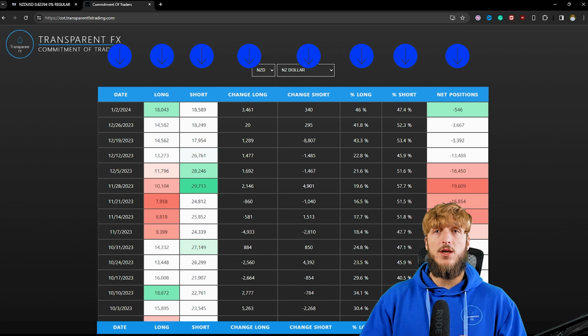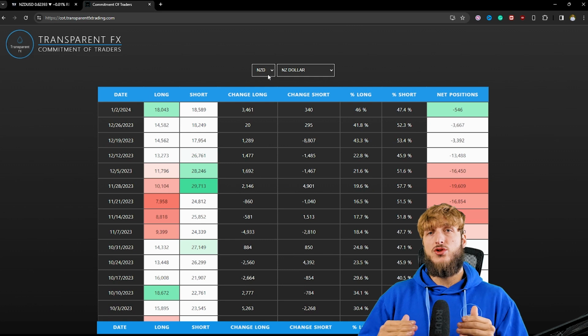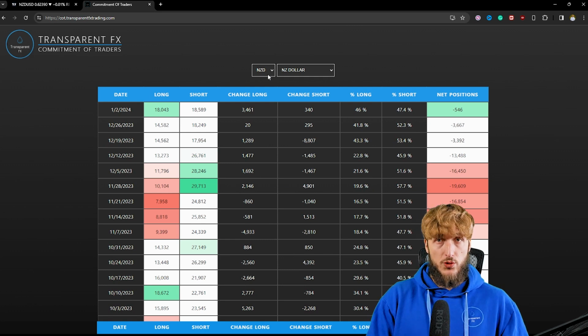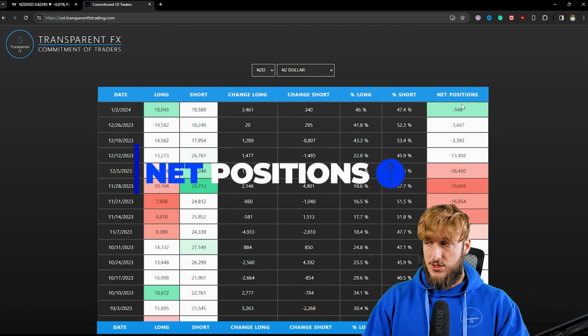Now, the first thing to keep in mind is that if we are checking the data for the NZD, we are actually already checking NZDUSD because always remember that all currencies on the spot are traded against the USD. So if you check the data for the NZD, you are actually already checking NZDUSD. And what we can see here is that with the last reports on NZDUSD, net positions have been increasing quite